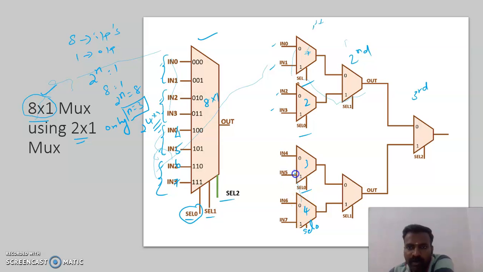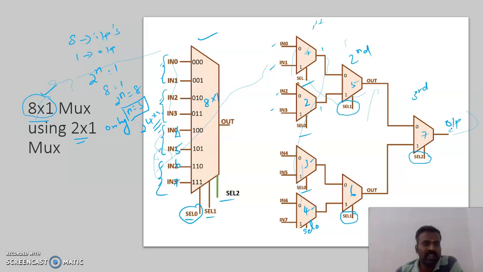Now one step is over. This multiplexer produces one output, and this one also produces one output. These two outputs are combined as inputs to another 2x1 multiplexer, and for this multiplexer I use the second selection line, select 1. Similarly, the outputs of multiplexers 3 and 4 are combined into one multiplexer. Let me call these 5 and 6. Here also I use selection line 1. Now the outputs of 5 and 6 are combined as inputs for another multiplexer, multiplexer number 7, and here the selection line is select 2. This is the final output.